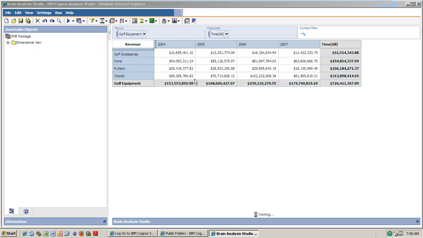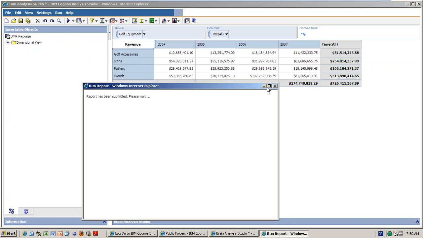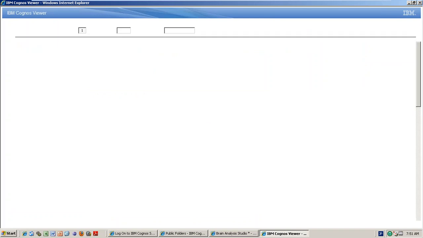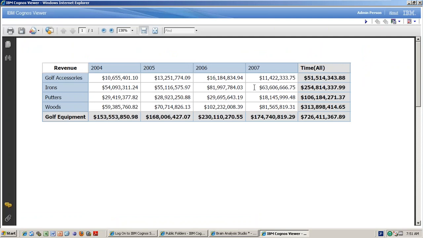For example, if you want to open the PDF format, it will be like this. See, like this.